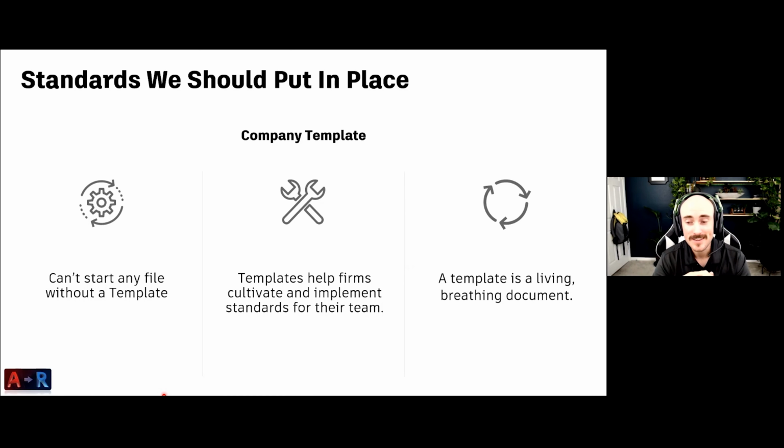And to end it from there as well, a template is a living and breathing document. You don't just create your template, hey, we're done, we're good to go. You actually need to keep updating it, updating your components, right? We're talking about that parametric. Some of it's already starting from out of the box, having that data, but you can add more to it as well. And adding those updated component families into your project, your template, is key to your success. It's a living, breathing document. You don't just create it and you're done.